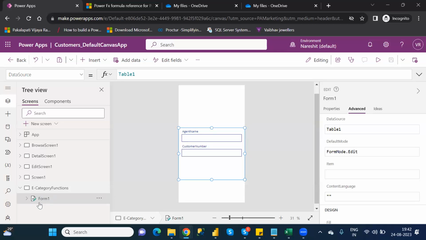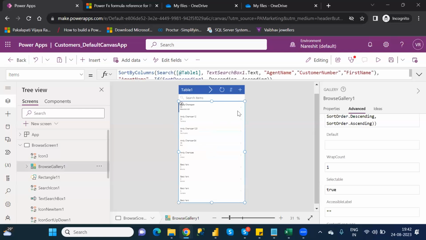For that, you have to select this form. There is an items property there, right? From which customer you selected, from which screen? In the browse screen, you are selecting a particular customer number, and those details only I need to show. So what is the screen name? Browse screen. You selected a particular record from this box itself. This box we can call a gallery. Understand or not? In this box, you selected one customer, and that customer's related columns only you are seeing the values of. That means here in this particular form itself,